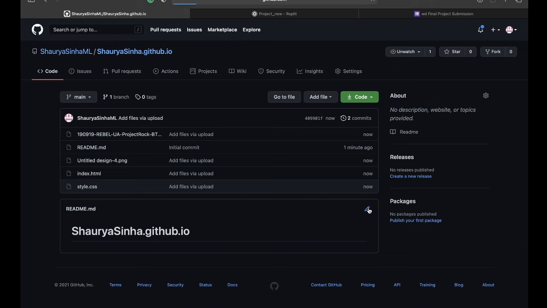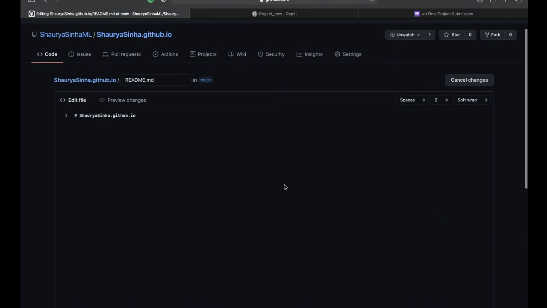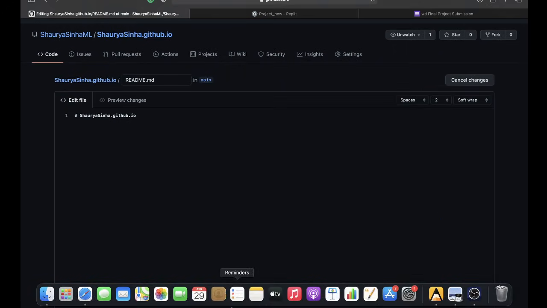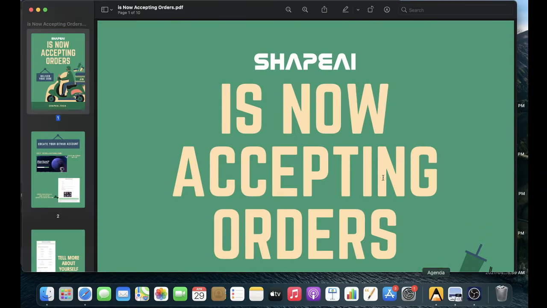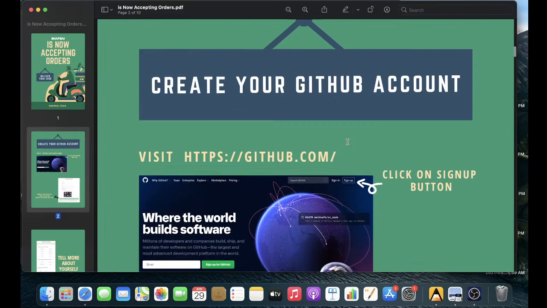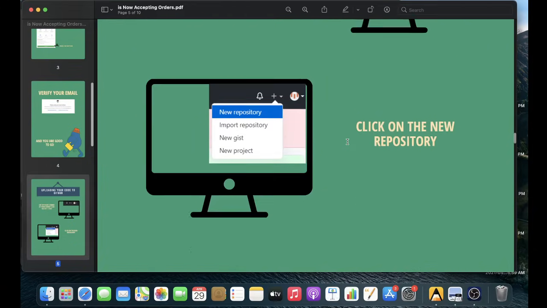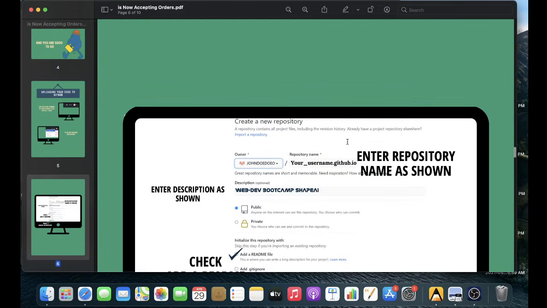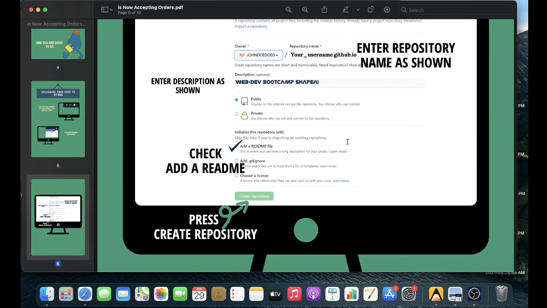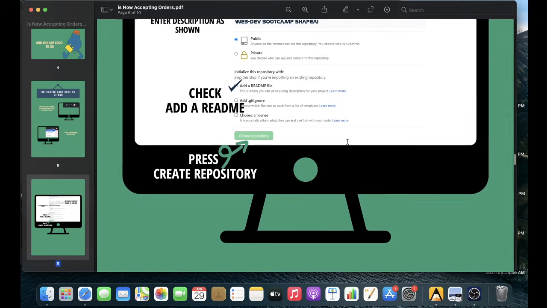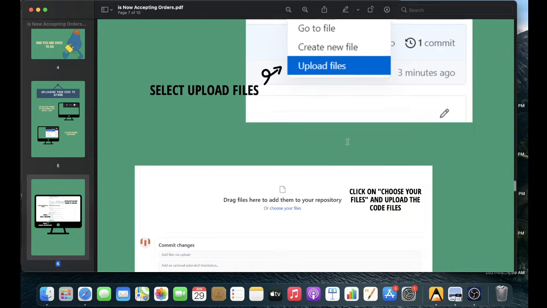You want to click on that so that you are able to edit it. Once it has opened up, you want to open the brochure that has been provided to you. This is a brochure that has been provided to you on all your WhatsApp groups as well as the Telegram channel, as you are able to see. I will link a copy of this down in the description of the video as well. You can check it from there.